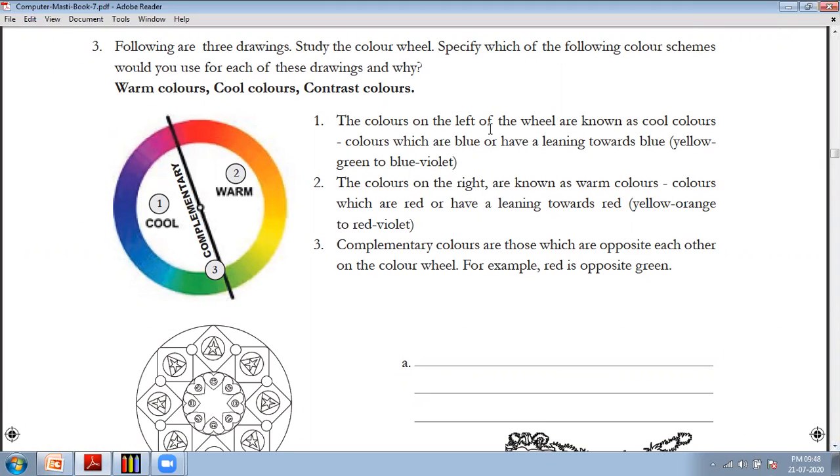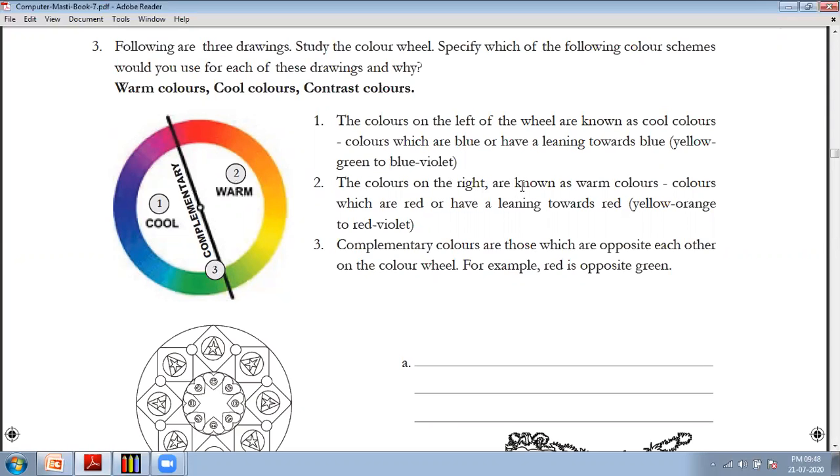The colors on the left of the wheel are known as cool colors, colors which are blue or have a leaning towards blue: yellow, green to blue, violet. It is given as cool color. Here it is warm color, and the third one is complementary color.